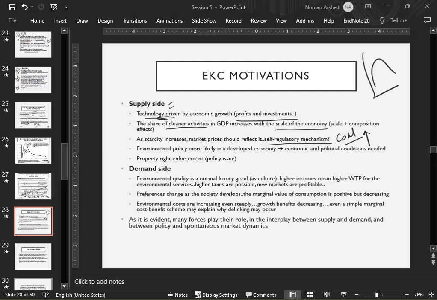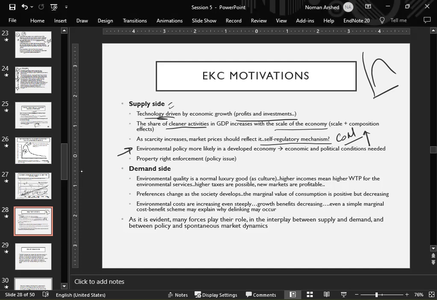So it will become a supply side motivation for the sellers to find other ways to extract energy other than coal. So they might use solar panels or wind energy or hydro energy. So environmental policies are more likely in the developed economies, and the other side is that government policies motivate sellers to use green technologies, and then